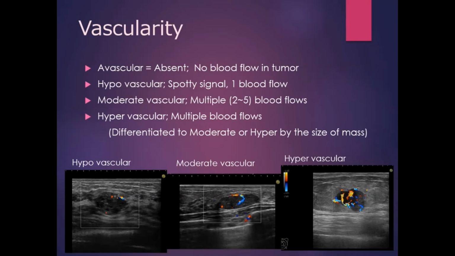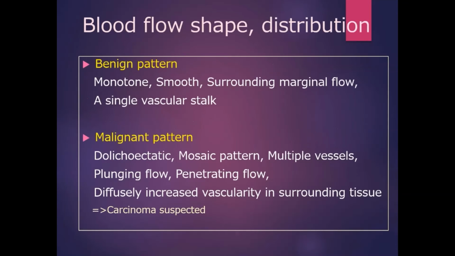Hypervascular also means multiple blood flows inside the tumor, but this evaluation is different depending on size of mass. Additionally, if multiple blood flows are found inside the tumor, it is classified into benign and malignant pattern by the shape and the distribution of the vessel. In benign pattern, the blood flow velocity and direction are uniform. On the other hand, in malignant pattern, vessels are trichoelastic and mosaic pattern, and the vascularity is increasing in surrounding